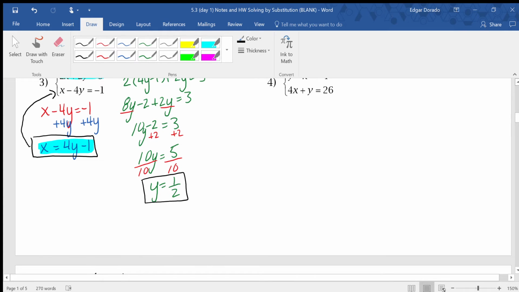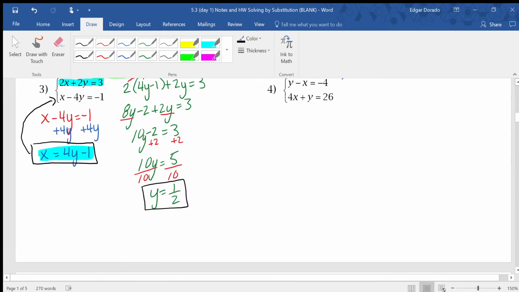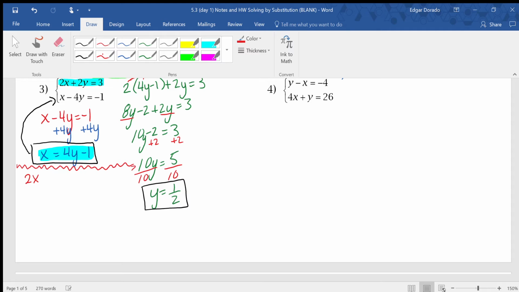So what I'm going to do is substitute that y into one of my original equations. I'm going to do it to that top one. So I'm going to do 2x, and I'm going to kind of separate this so I don't start getting confused here. So that's 2x plus 2, now I know my y, which is 1/2,